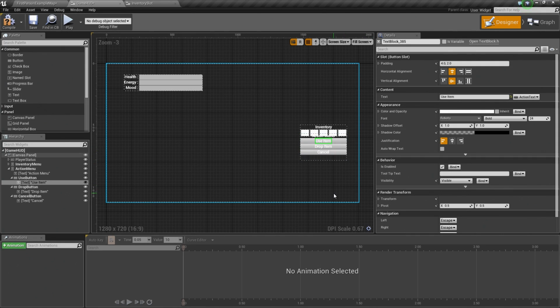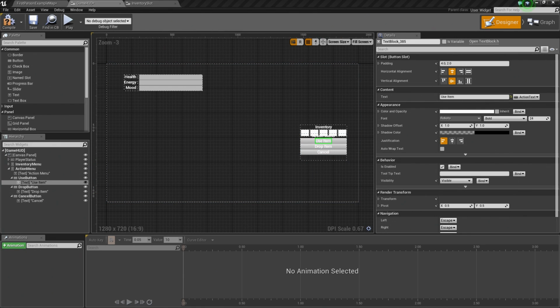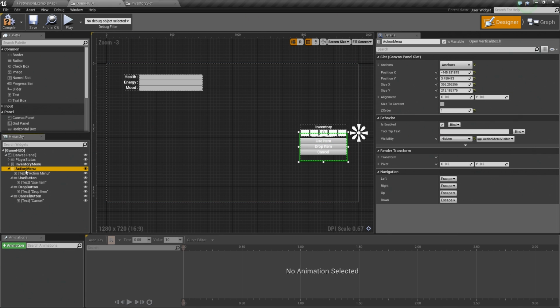Now drop and cancel are pretty much always going to be the same. You're always going to either drop it or return to the inventory menu. So I think we're good. I think that's all we need to set up for this. Let me just double check my notes. Action menu. Yep, we set that up already. We did bind our property. I think we are good. I think we could start working on the scripted functionality for the inventory menu system itself.